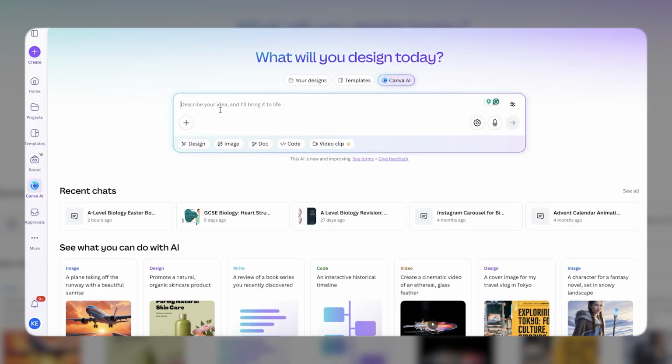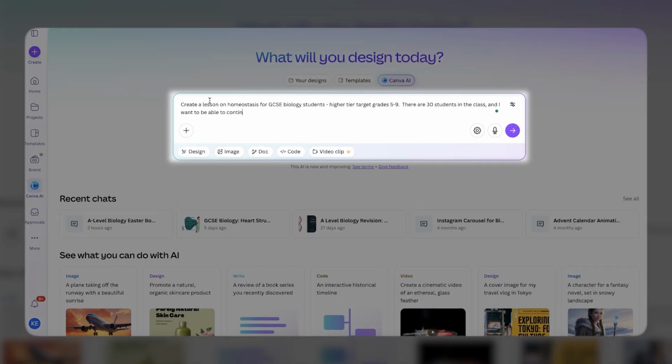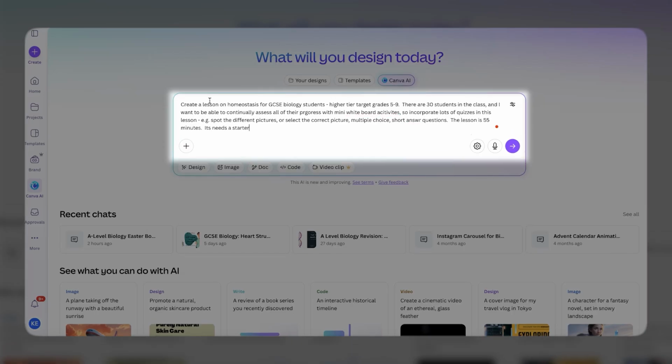And I start by typing in my lesson details here. So here we go. I've typed in what I wanted. I've told them the topic. I've also said target grades, how many students, the type of activities, starter, main, plenary, the fact that I've got 2 students with ADHD, how long it is. And I'm not even going to bother correcting the typos because it's a waste of time because it can work